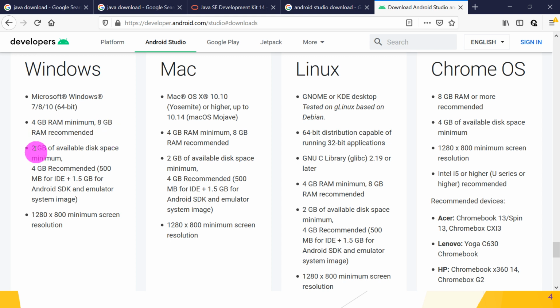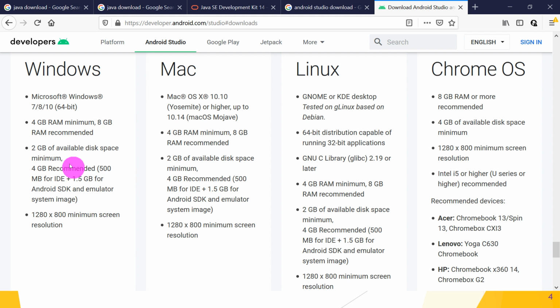2 GB of available disk space minimum, 4 GB recommended, which is 500 MB for IDE, 1.5 GB for Android SDK and emulator system image. So it requires minimum 2 GB for this, 4 GB for the whole.